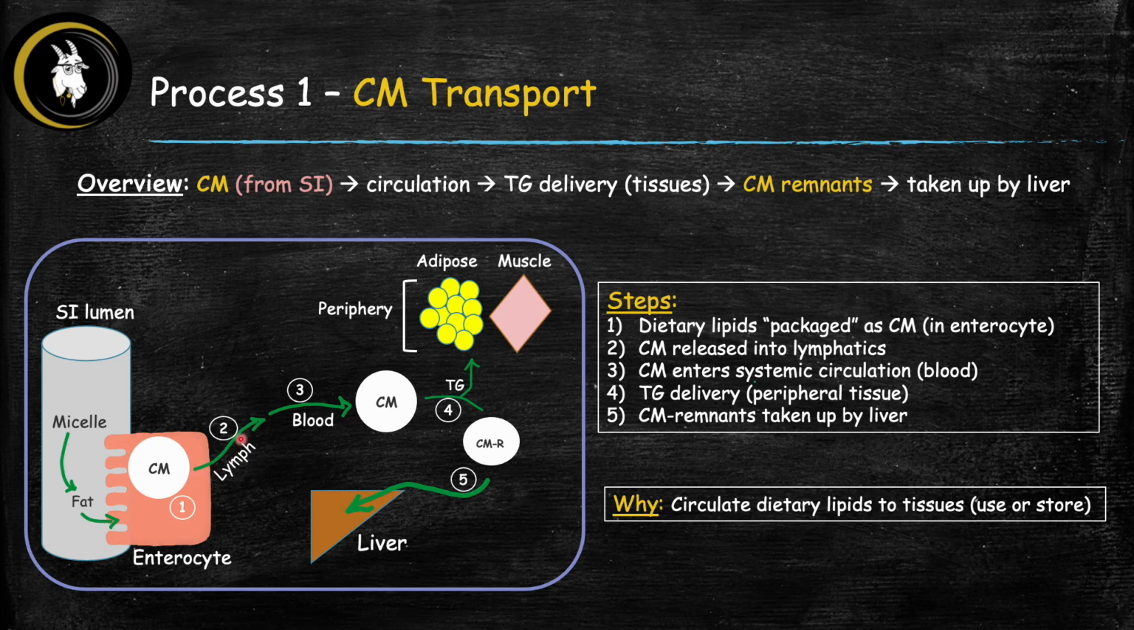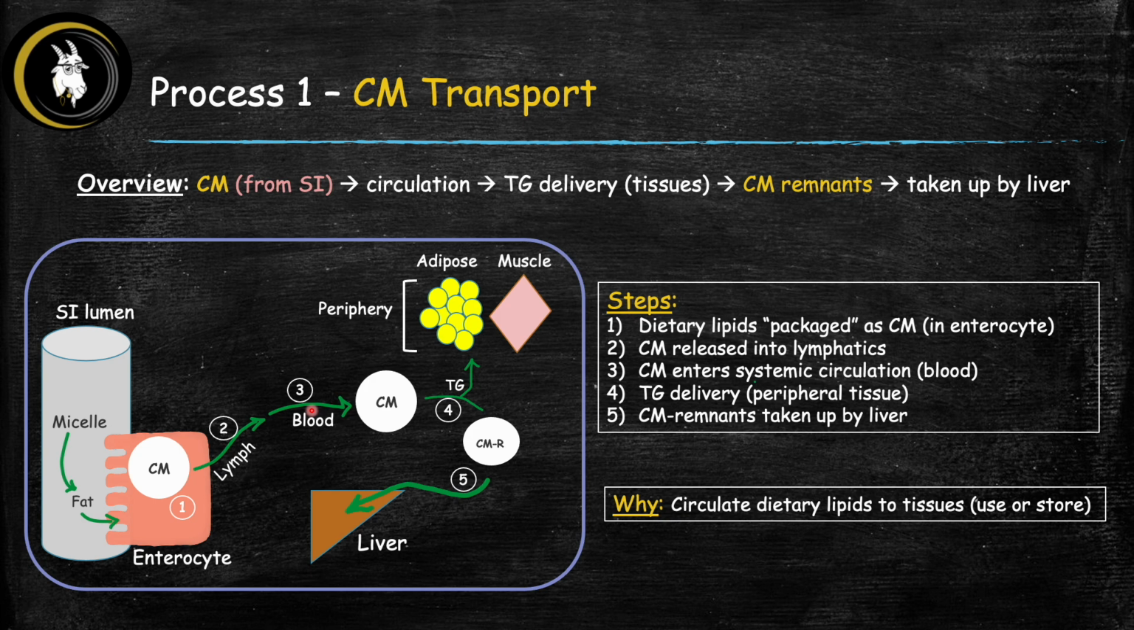And then they're going to circulate around in lymph channels, and then eventually from the lymph channels, they're going to enter the large blood vessels, such as the subclavian vein. They're going to enter the systemic circulation of blood. So in step 3 right here, now they've gone from the lymphatics into blood, and now they can be delivered